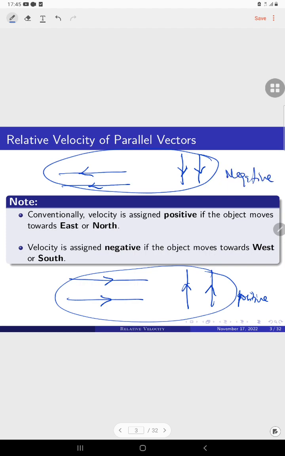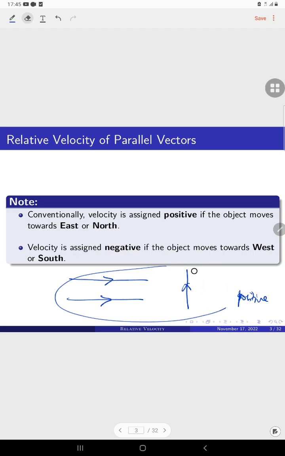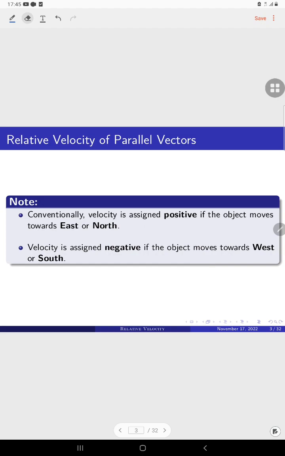How do we use these? We are going to appreciate the usefulness of this in our next lesson. So let me introduce it and end here, and we will continue